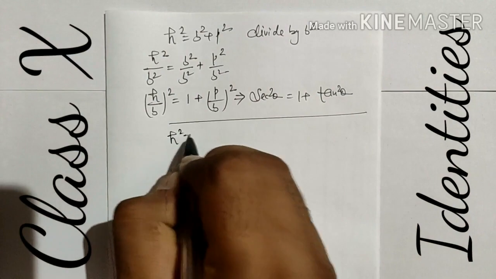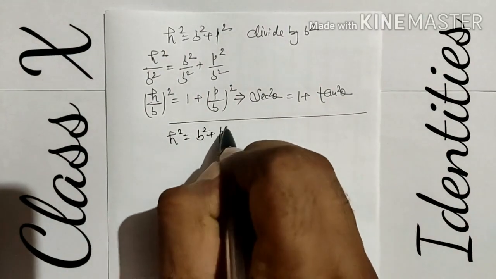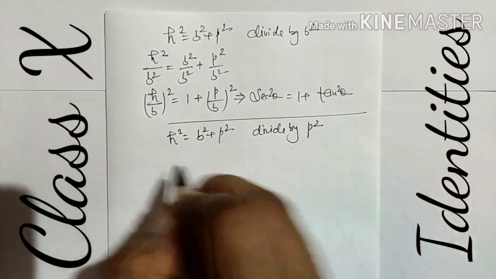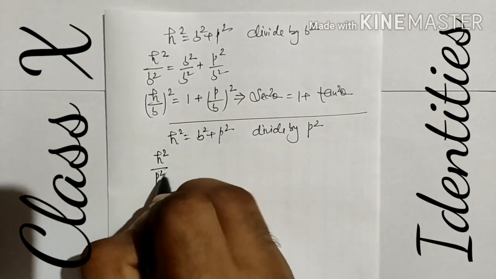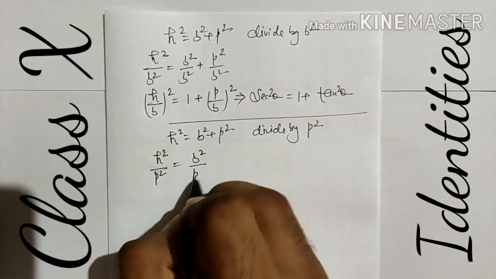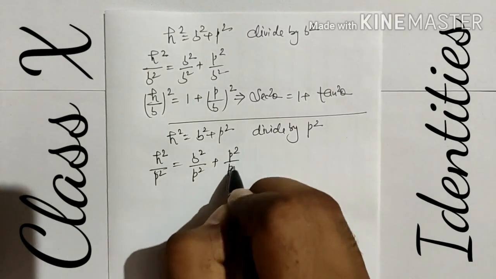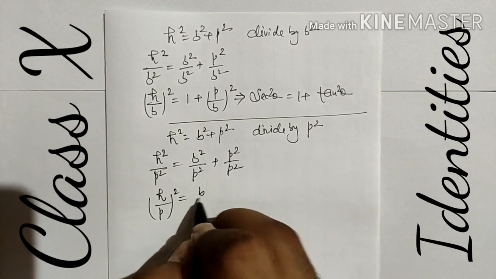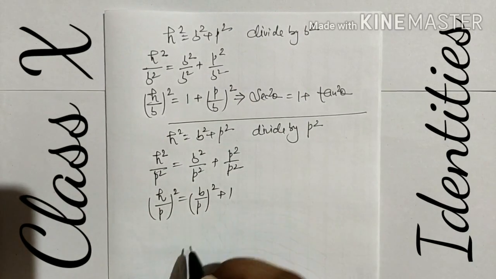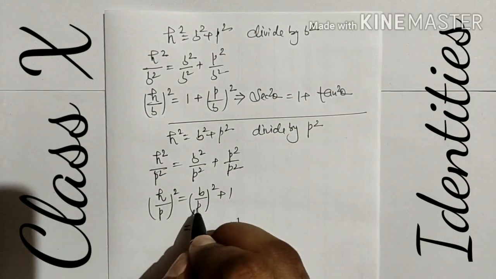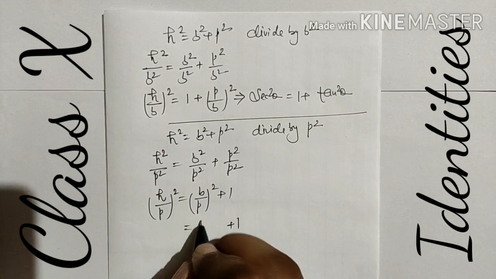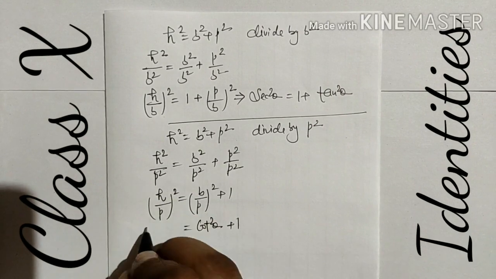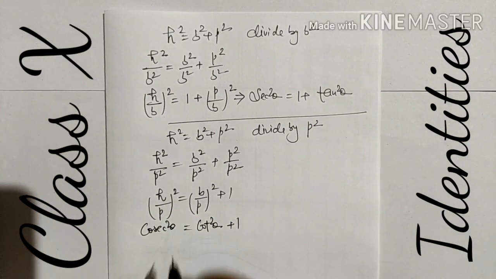Now, using again Pythagoras theorem, we have this result. If we divide by now third parameter p square, we get h square by p square is equal to b square by p square plus p square by p square. We get square of h by p, first value, second value square of b by p, and third value becomes 1. So it becomes 1 plus, we know that b by p is reciprocal of tangent theta, so cotangent square theta. It is p by h reciprocal, so it becomes reciprocal of sine. Like this we can prove all identities.